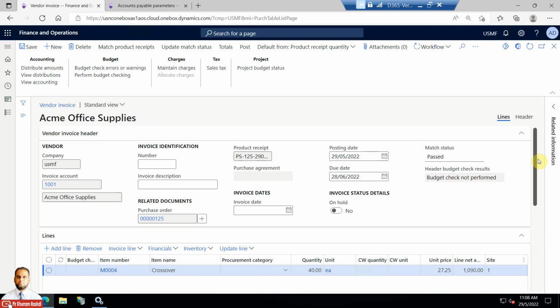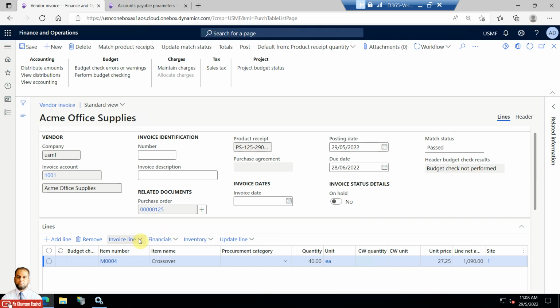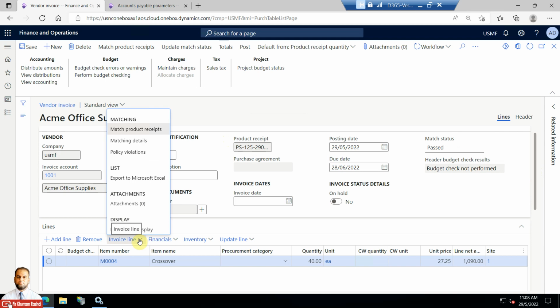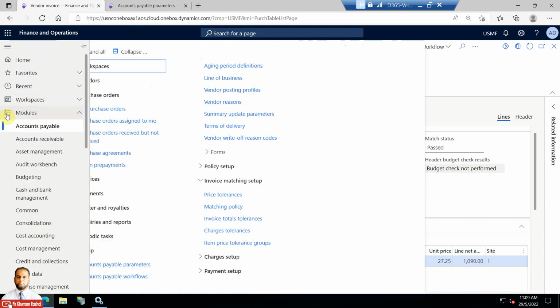Then there is charges matching, and charges matching is simply that whatever charges are entered on the vendor invoice should match the charges on the purchase order level. So this is it, and you have also seen various fields as well as various pages which you can explore if there is a certain discrepancy, like matching product receipt, matching details, policy violation, and then we have also